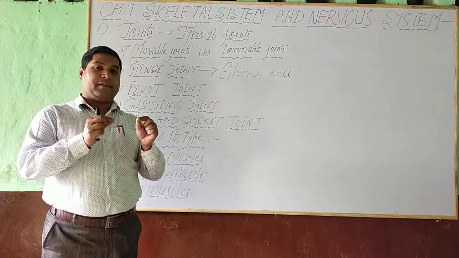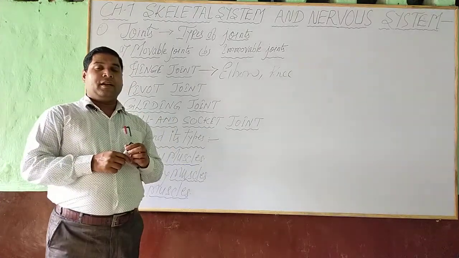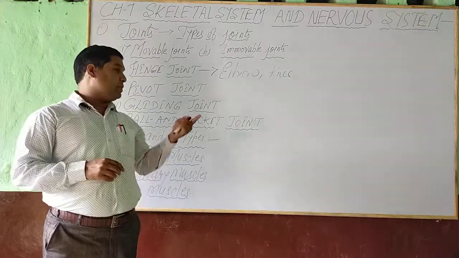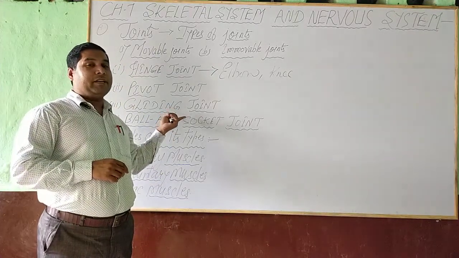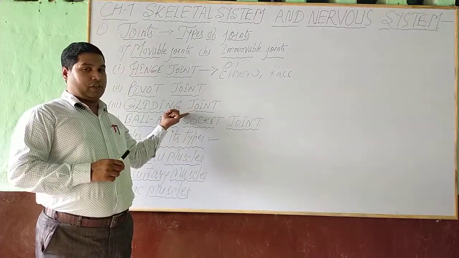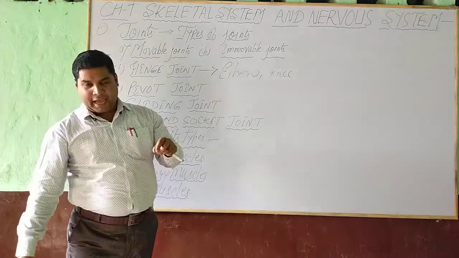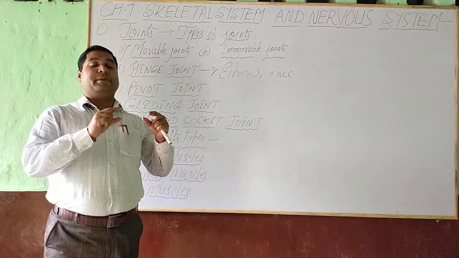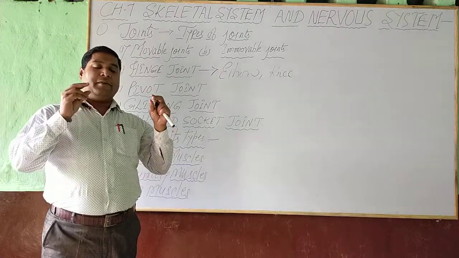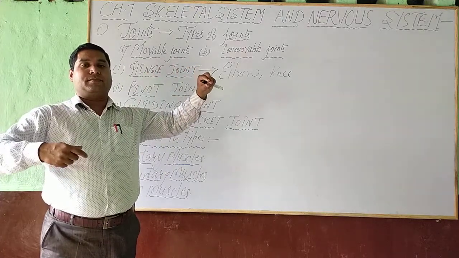So between the vertebrae, the type of joint present is known as gliding joint, which helps our body to bend. We are able to bend due to the presence of gliding joint. Bend, twist and turn, and this is due to gliding joint. Once again, where is gliding joint present? Wrist, ankle and between the vertebrae. What are vertebrae? Vertebrae are the 33 small butterfly shaped bones which join together and make the backbone.